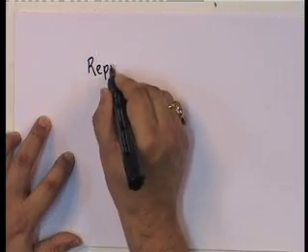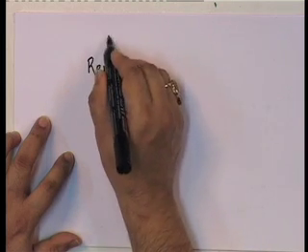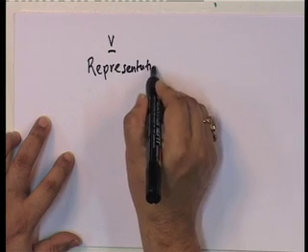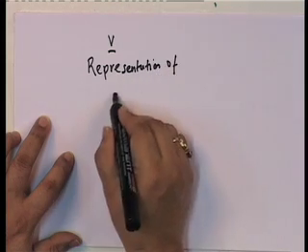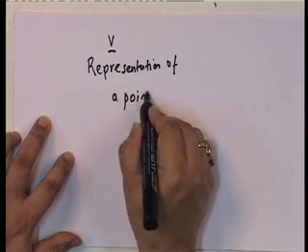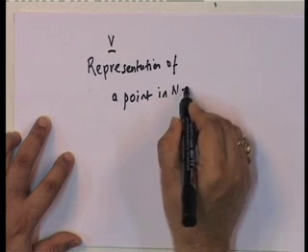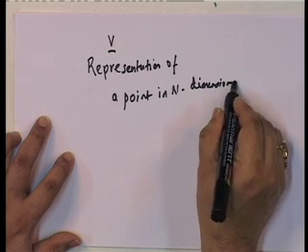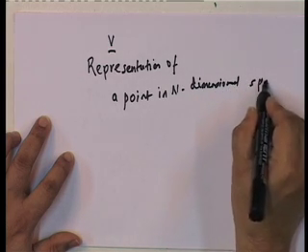An n degree of freedom displacement is essentially a representation of a point in n dimensional space,